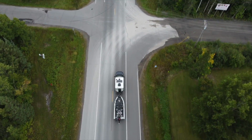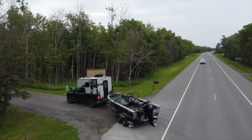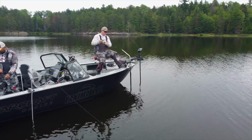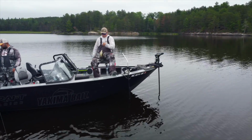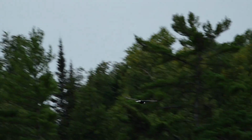If variety is the spice of life, Minnesota's Rainy Lake has a lot to offer adventure-seeking anglers. Famous for being a world-class walleye, smallmouth bass, northern pike, and musky fishery, Rainy Lake is also something special when it comes to black crappie. Crappie grow big and fat in the wilderness waters of Rainy Lake, providing anglers yet another good reason to visit